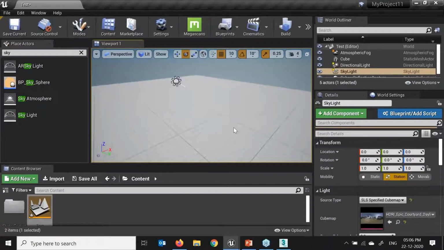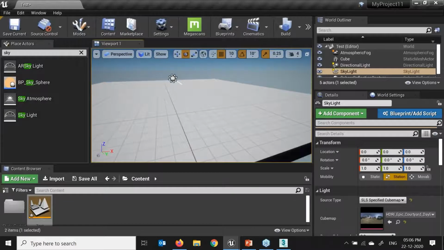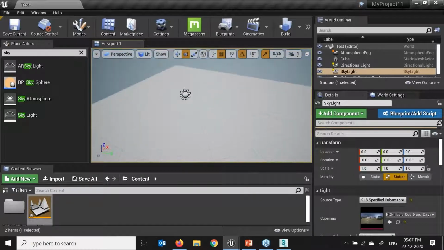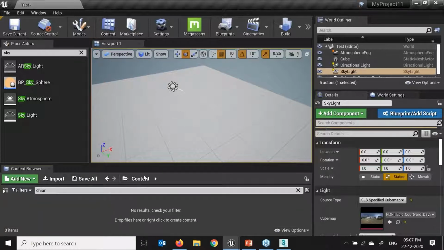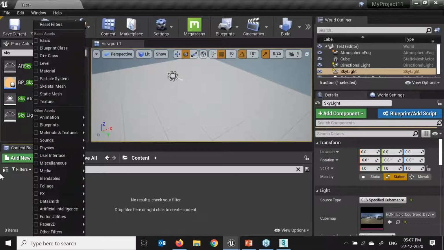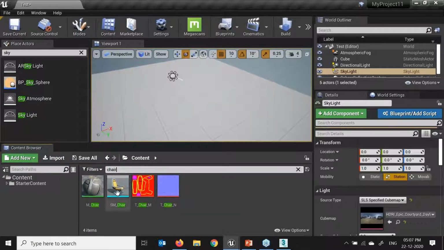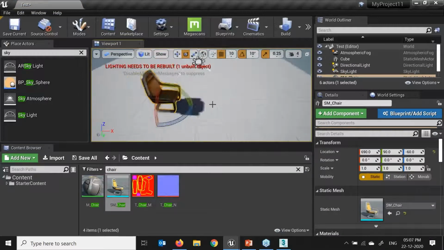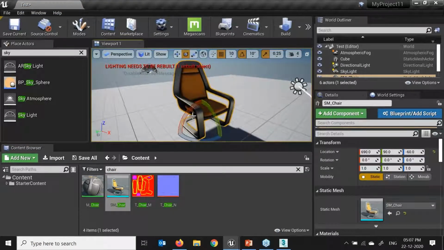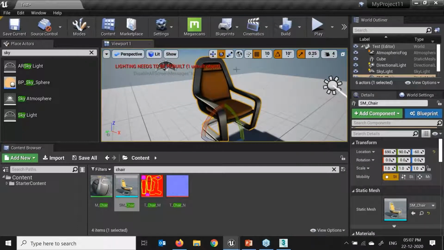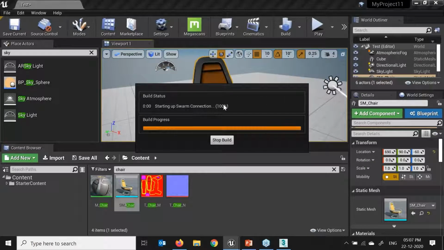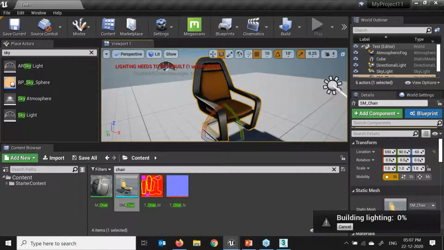Now if you'll see, if we open any project template, they have the same light setting that we have over here. Now what I'll do, I'll just import a simple chair in my scene. See, it's again asking, because whenever I cached that light, my object was not there. So every time I add my object or do some modification to my light or the object, I always have to do light build.